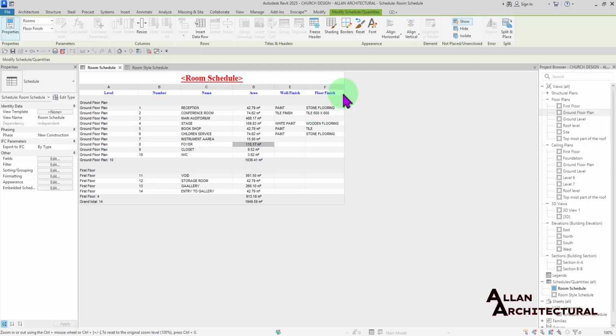All right, so this is how we work inside of Revit, how you can use your key schedules to fill out all of this information. So I hope you found that very useful. We are going to leave that as it is, so you can just go ahead and fill out all this information. Since this is a tutorial, I'm going to end here, and I'm going to move on to the